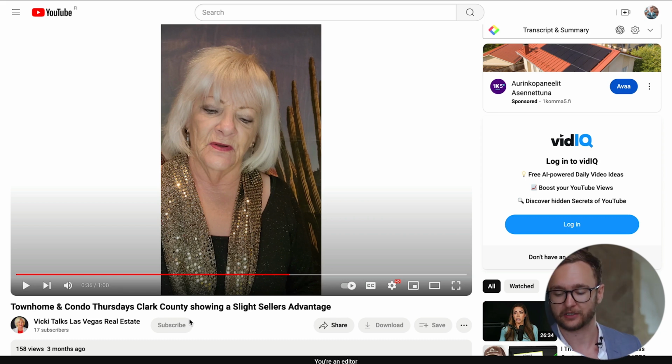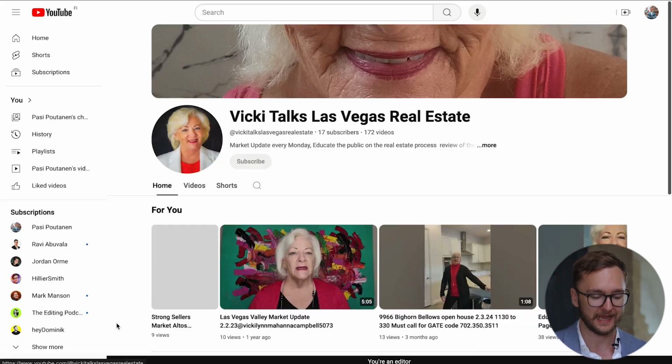When you change it to that, you give the data point, but then here's what this means for you as a homeowner in the local area. You want to explain it in a way that allows even a 7-year-old or 10-year-old to understand it, right? In very simple terms, you provide the information and explain it very easily. Now your watch time is going to go a lot higher. Now let's go ahead and check out the